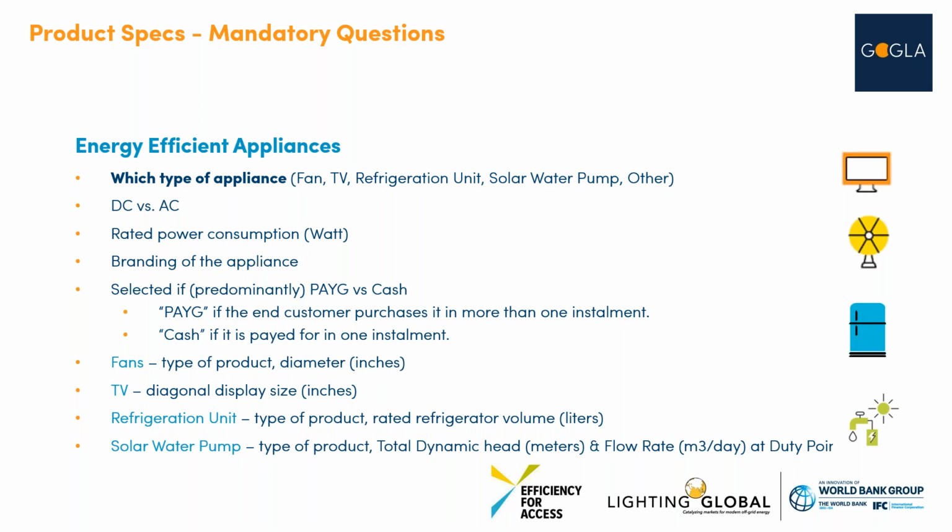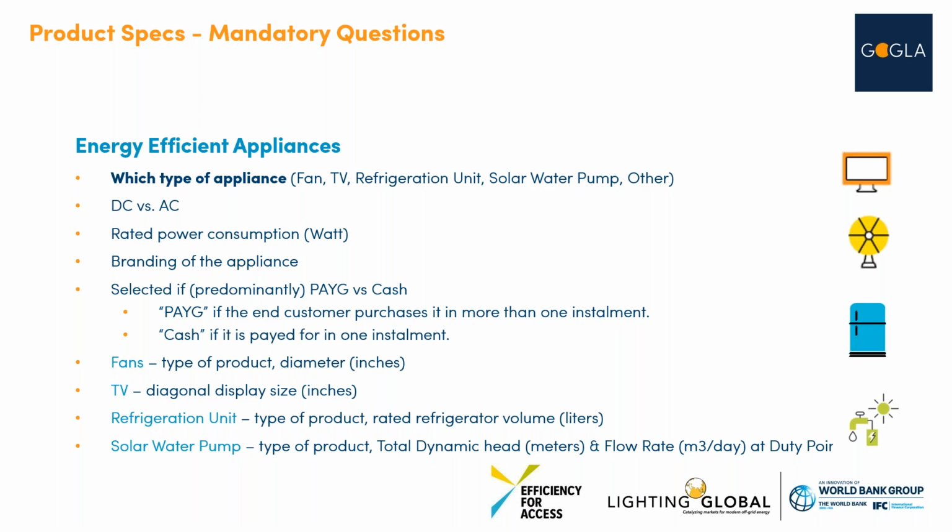Then we would like to know the rated power consumption of the appliance, and we say here branding of the appliance, but what we mean is that we ask you to define if you are a manufacturer or distributor, and this is basically based on the branding of the appliance. So the question here is really like, is this my own brand or is this someone else's brand? And we will ask this question on each product, at the product level, because we are aware that there are some companies that manufacture some products, but then they distribute other products as well. So you will be able to fill in the brand of appliance if you want to.